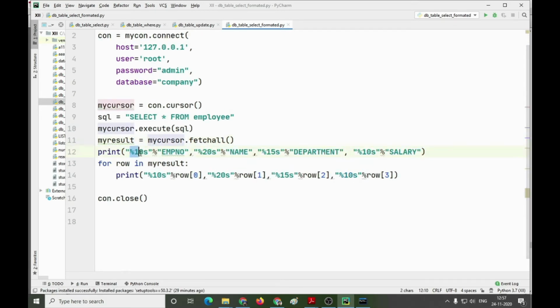This %10s, again %employee number, will help us to display the employee number within 10 character spaces. Ten characters will be reserved for displaying the employee number. Again I am reserving 20 character spaces and displaying the name in it.